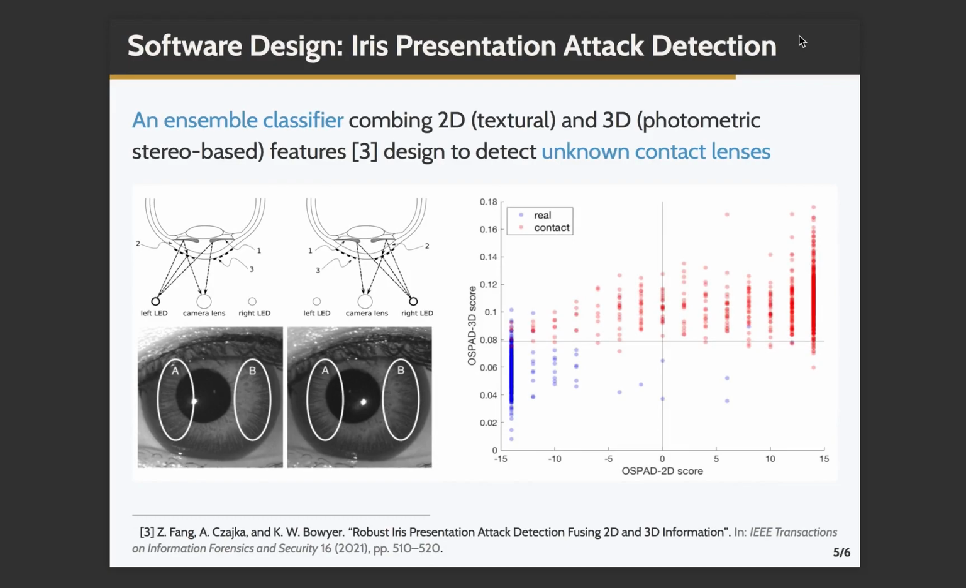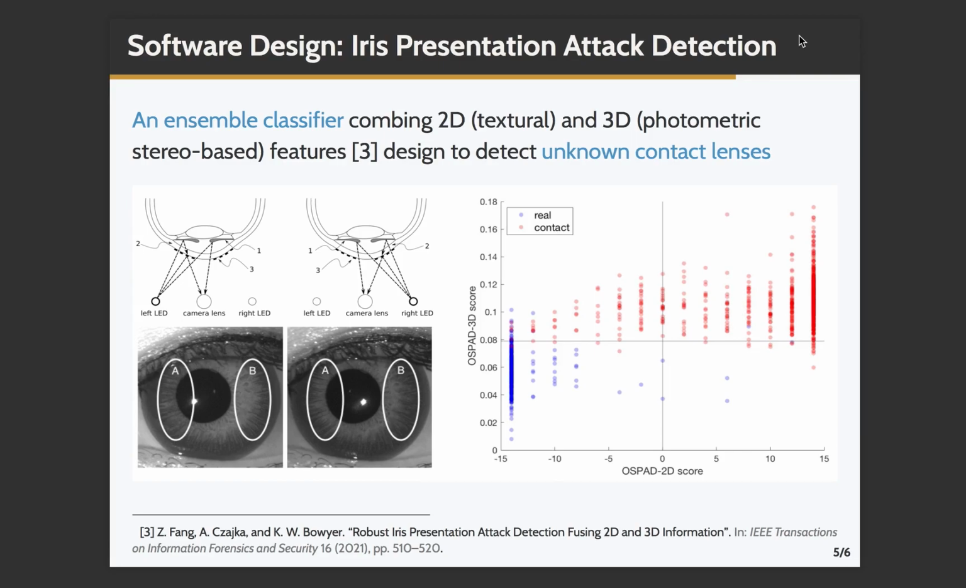For our PAD component, we adopt an ensemble classifier to combine both the 2D textural features and 3D photometric stereo features to make sure that our PAD is robust, and it is able to detect unknown contact lenses. The idea of our 2D